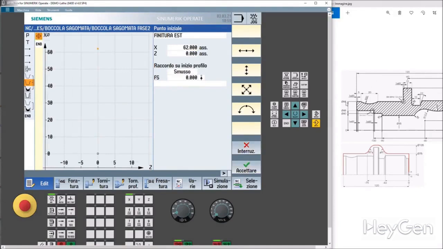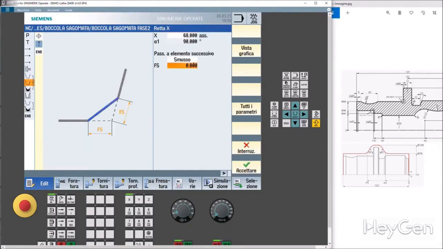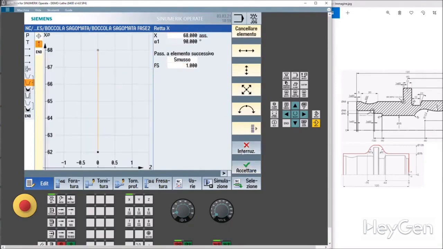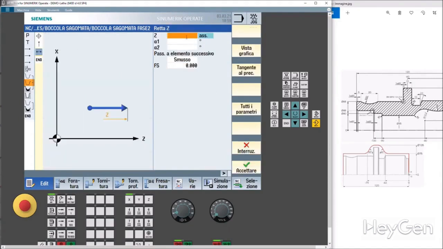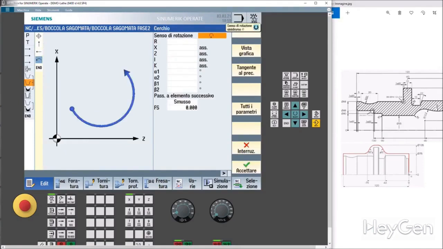We need to think in reverse, because we'll have the piece in the machine. In reverse, compared to the drawing, first we go up to X68, and we finish with a 1 millimeter chamfer. We accept. Let's move to the left. Dosage, -5. We accept and insert a circular interpolation. Be careful. We are reading the program in this direction, but the machine moves in the opposite direction.